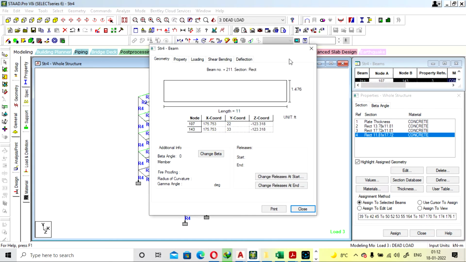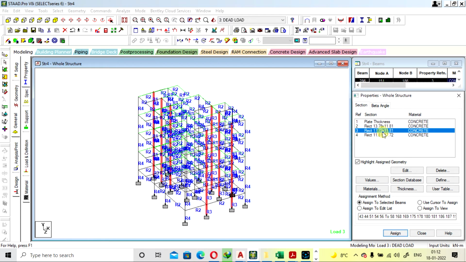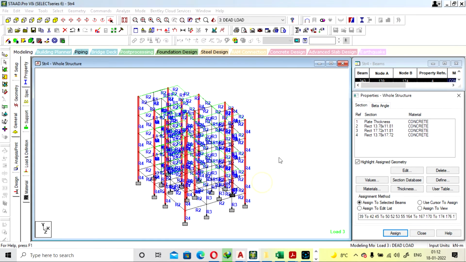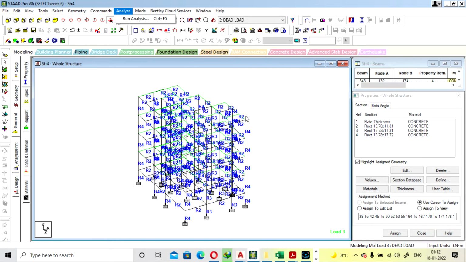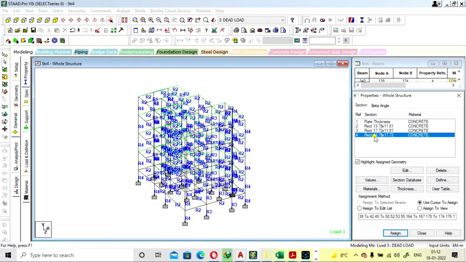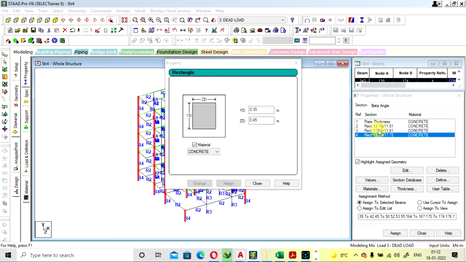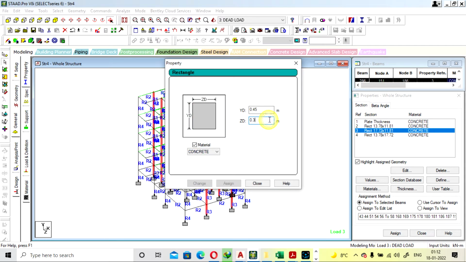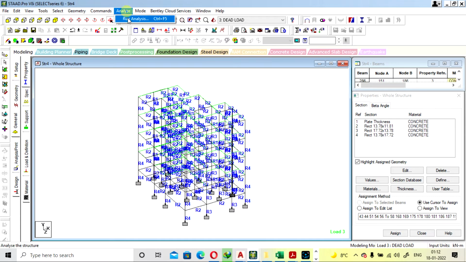Okay, middle column is okay, and we have to go with 350. Change, yes, close. Change, close.